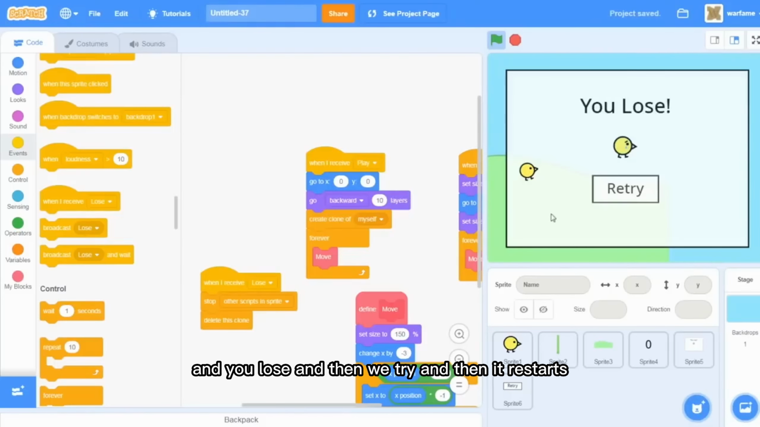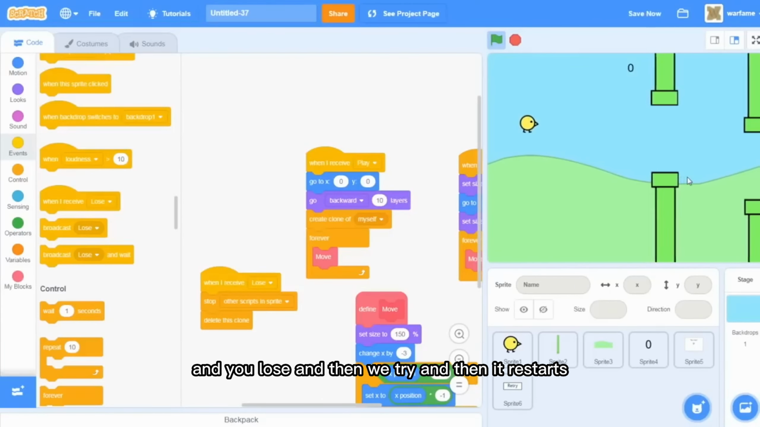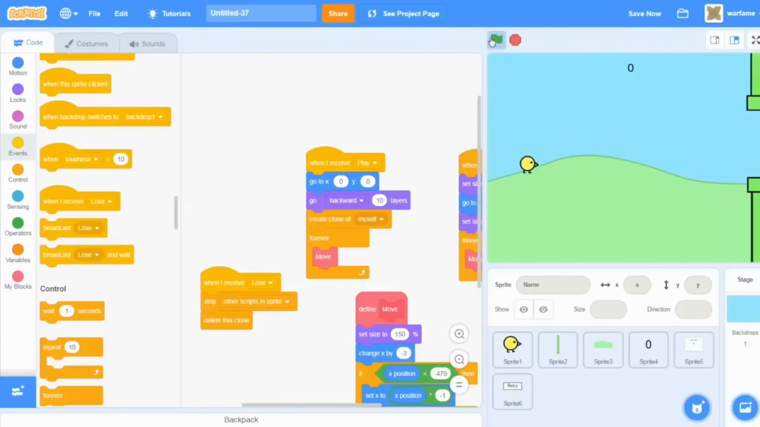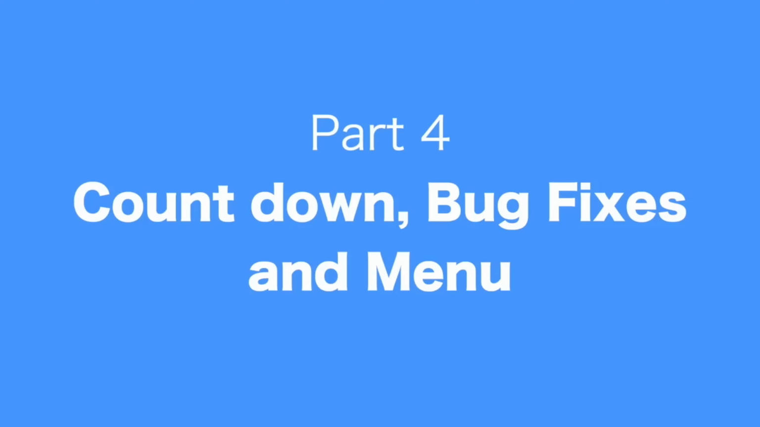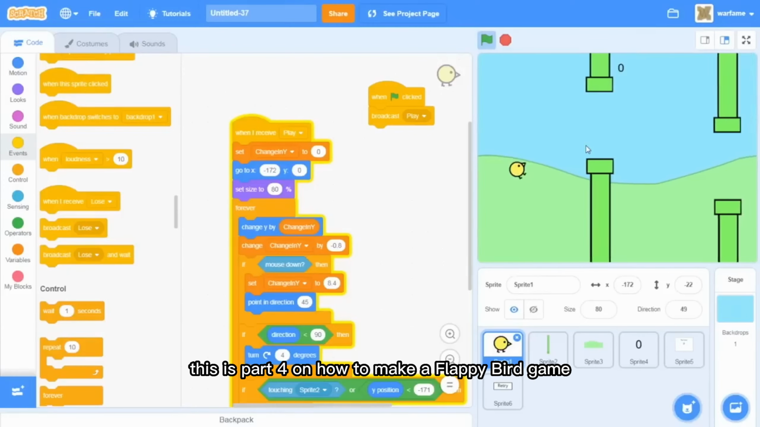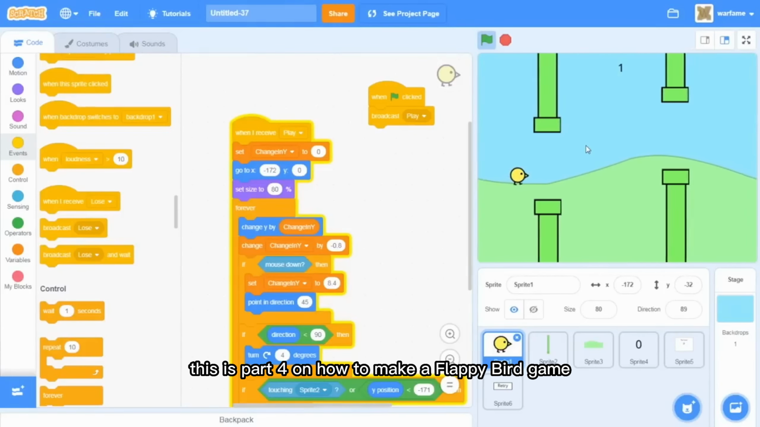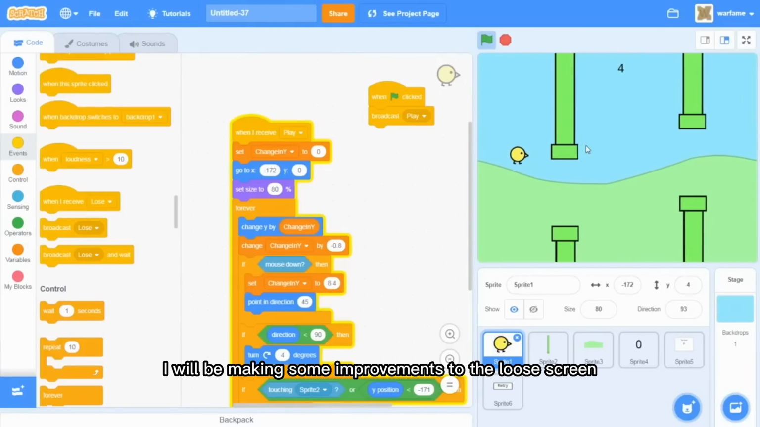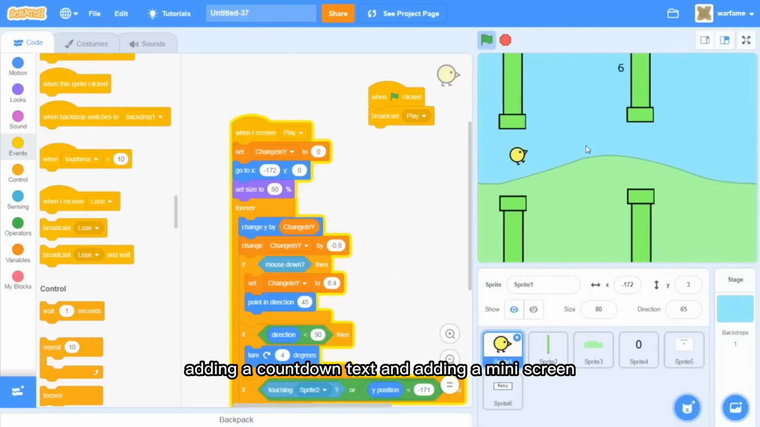And you lose, and then retry, and then it restarts. Alright, cool. This is part 4 on how to make a Flappy Bird game in Scratch. In this tutorial, I will be making some improvements to the lose screen, adding a countdown text, and adding a